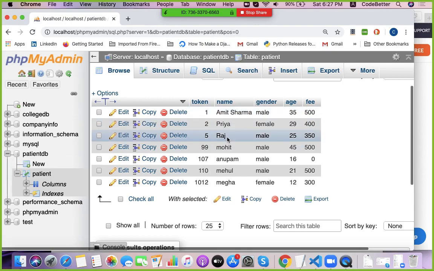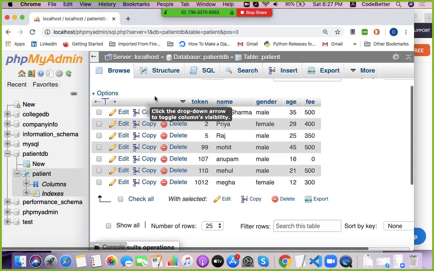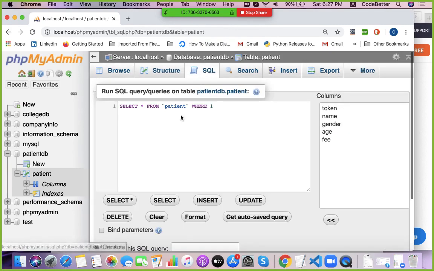So let's create one more table where I want to store the visit date time, token number, and the symptoms of the patient. Symptoms also include the prescription given by the doctor. So let's create one more table. How can I create a table? Using create table and the table name, let's say visits.